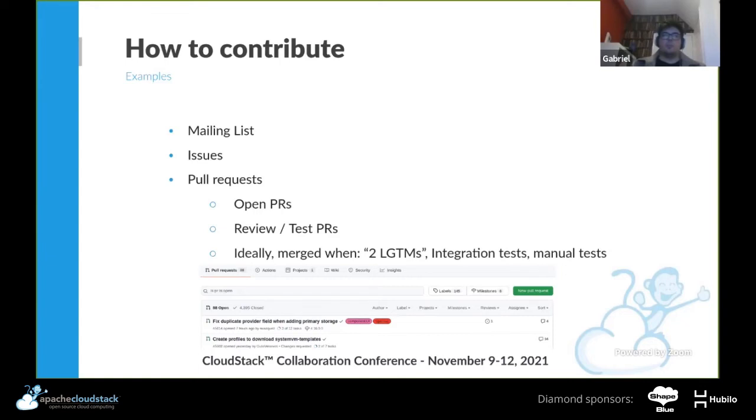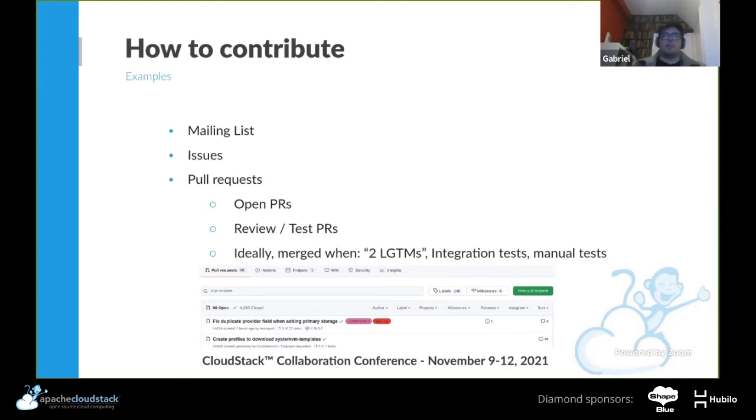So if you want to develop for the CloudStack project, and you have gone through the process of deploying a test environment on your laptop or in your lab environment, then you can start by reviewing and testing pull requests. This will give a lot of background on how to develop in CloudStack and the whole process of creating and merging pull requests.